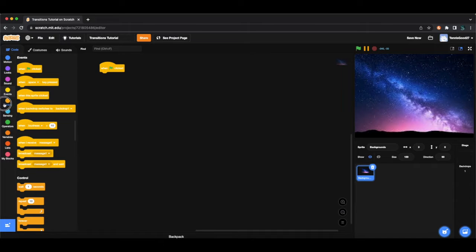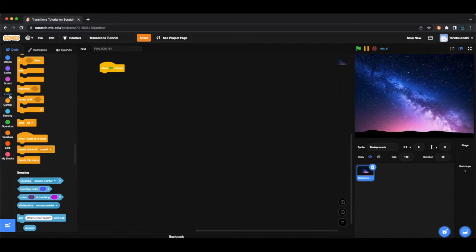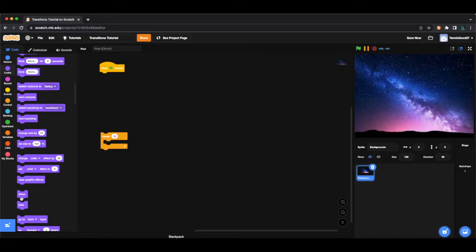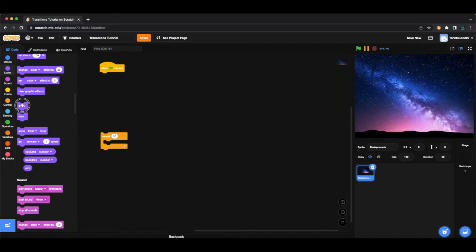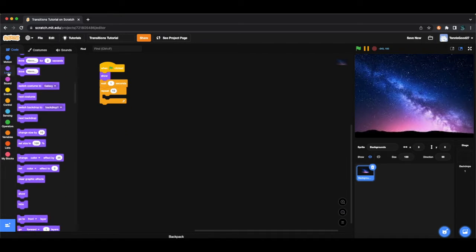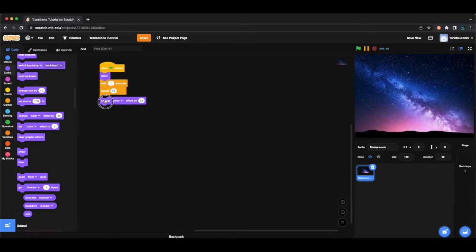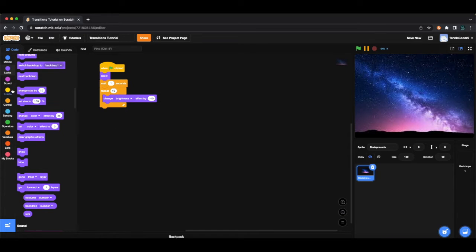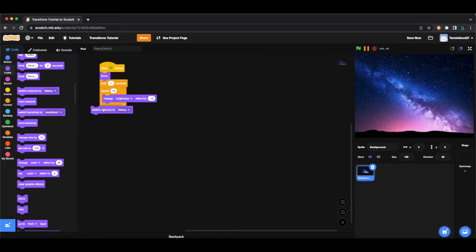So I'm going to do one green flag clicked, and then I'm going to do show, wait 1 second, and then repeat 10, change brightness effect by -10, and then switch costume to galaxy,